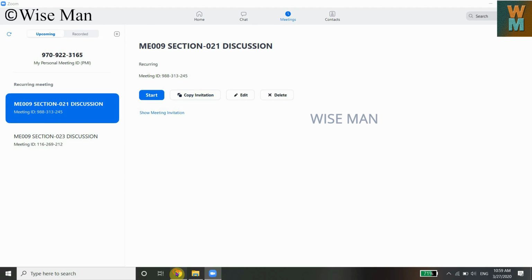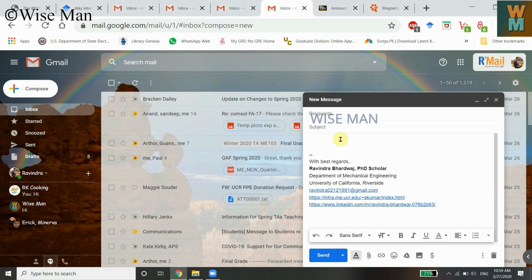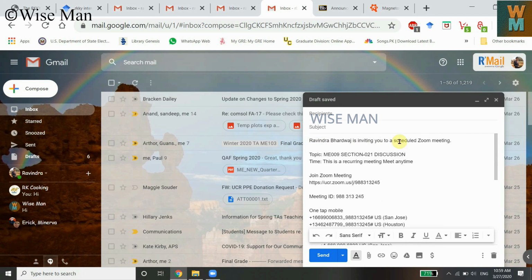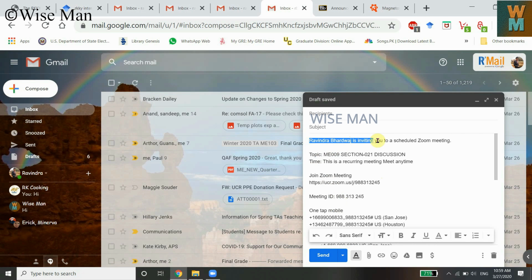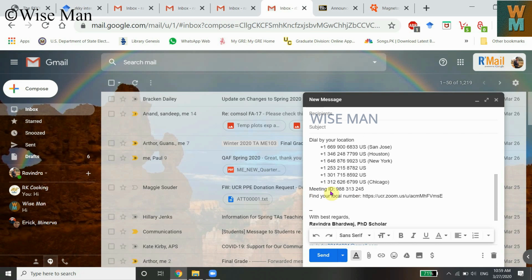The invitation has been copied. You can send an email and just paste that. As you can see, the whole thing has been pasted. You can see that Ravindra, my name, is inviting to the Zoom meeting topic, and it is a recurring meeting. Okay, and then you have the mobile option for some concern, and then you have this, and you have